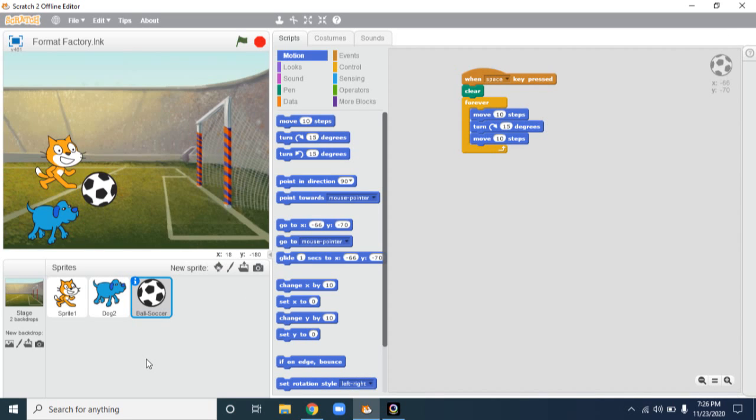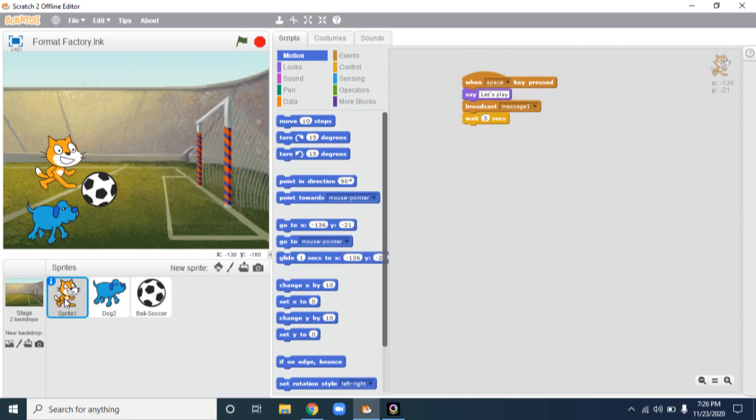And next one is, yes, I have designed the environment for my project. Next I have to write codings. So for writing code we are having various blocks: motion block, looks, events, control. So 10 different blocks are there. Now first I am going to write code for sprite